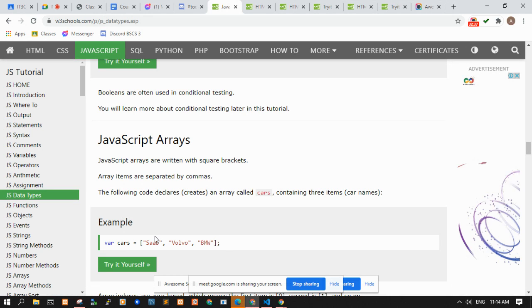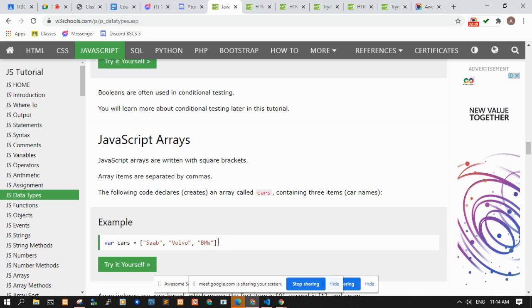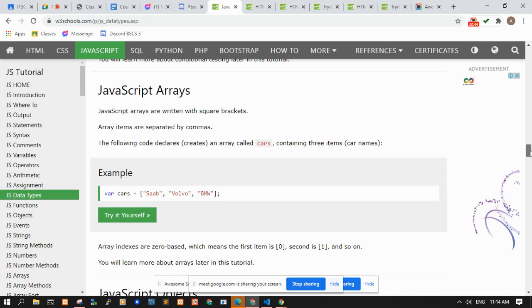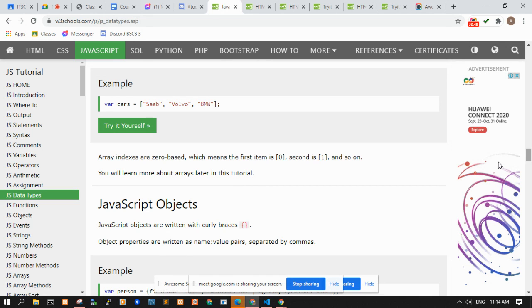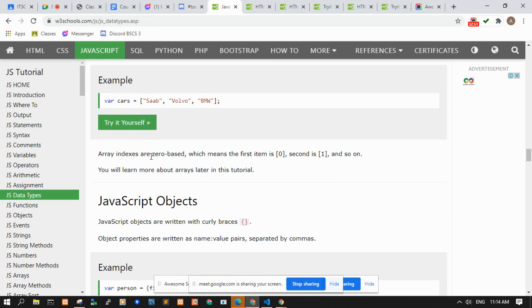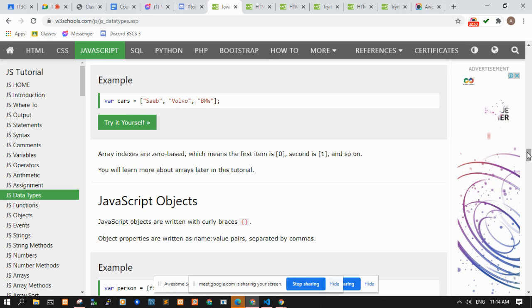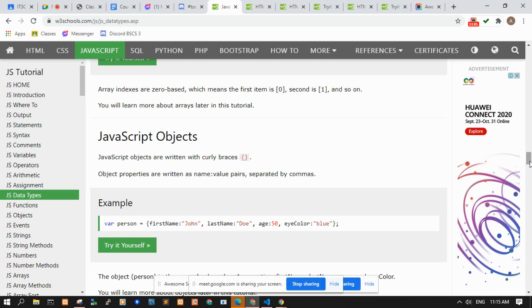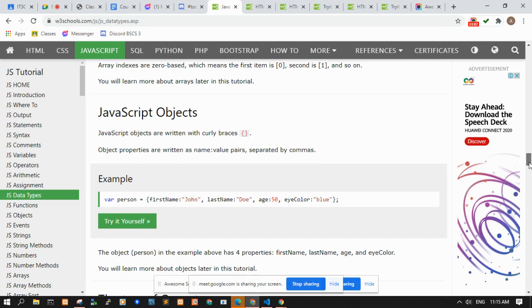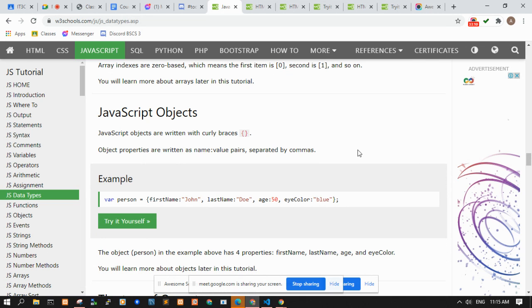The index will be automatic, from 0 to the size of the array minus 1. So array indexes are zero-based. You cannot skip an index in JavaScript, unlike in PHP, wherein you can skip an index.